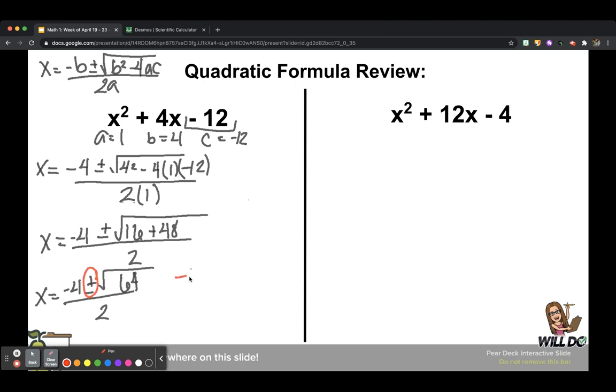So I'm going to take negative 4 and add the square root of 64 and divide that by 2. Or I'm going to take negative 4 minus the square root of 64 and divide that by 2. Okay, so I see right here that 64 is one of our perfect squares. So I can easily do that, and it's 8. So negative 4 plus 8 divided by 2, or negative 4 minus 8 divided by 2 to get those zeros,